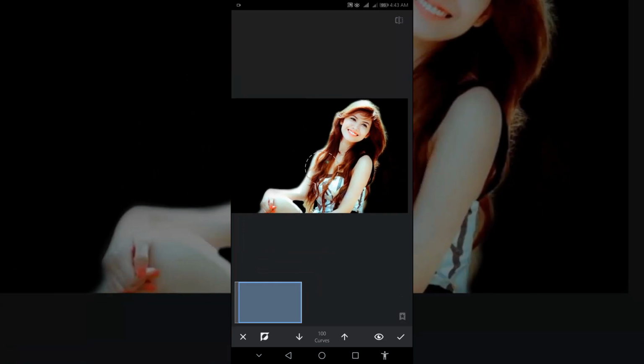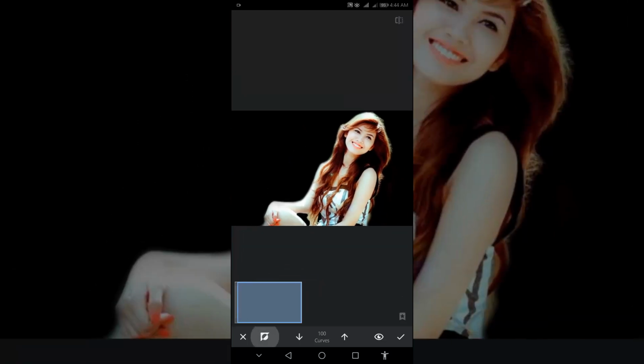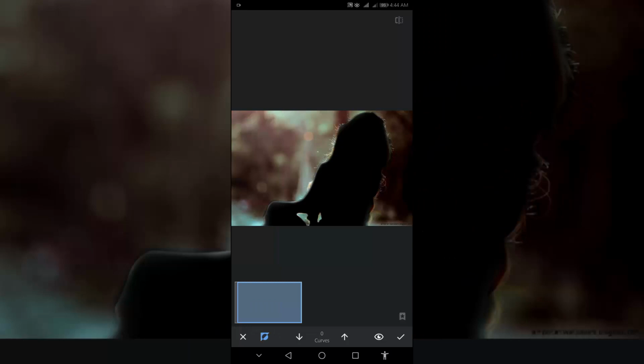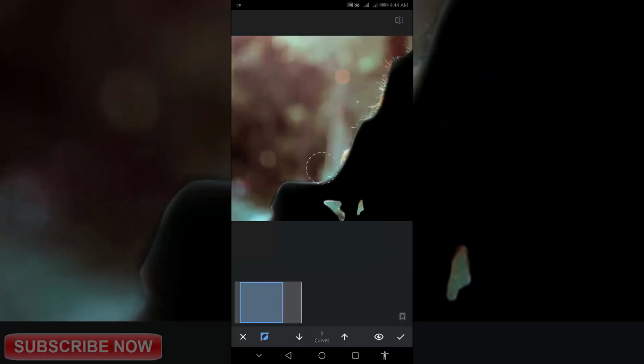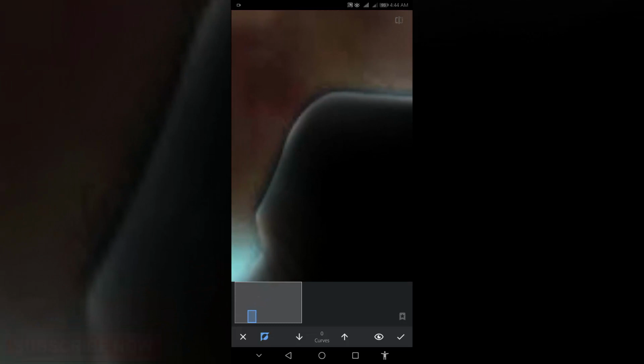After brushing the background, invert your image to see if there is any part left or not. If you left any part of the subject, brush it again.